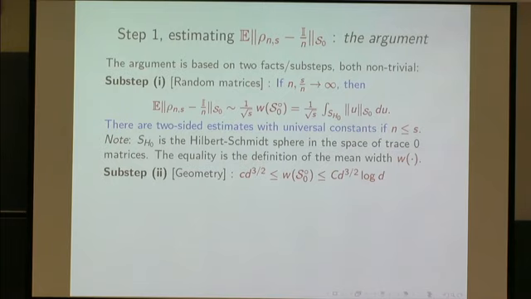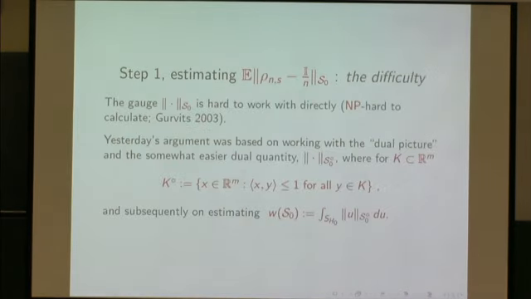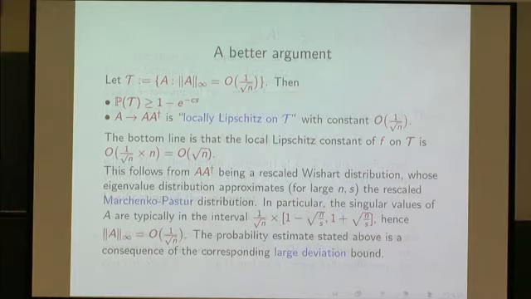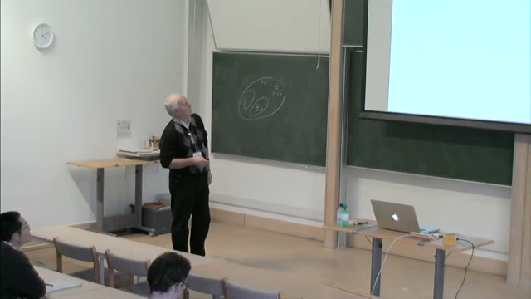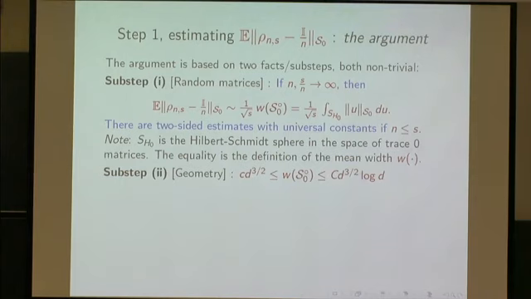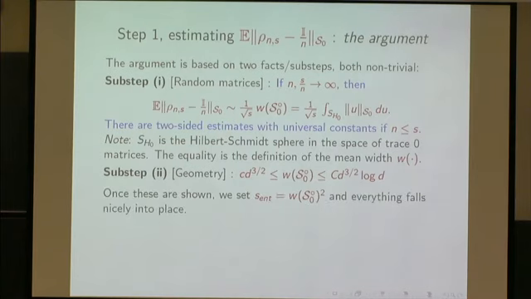this quantity here, right? And this is just what is the mean width of that set that is defined as the polar of that translated set of separable states. So there is a random matrix fact, and a geometric fact. And once these are shown, it's very easy to see that everything is settled, because